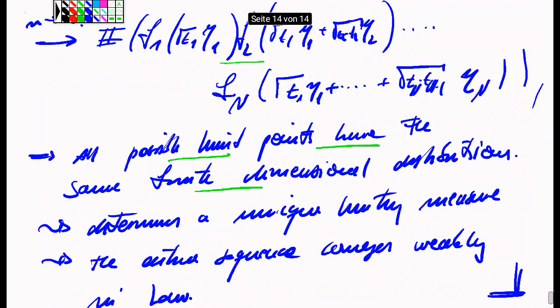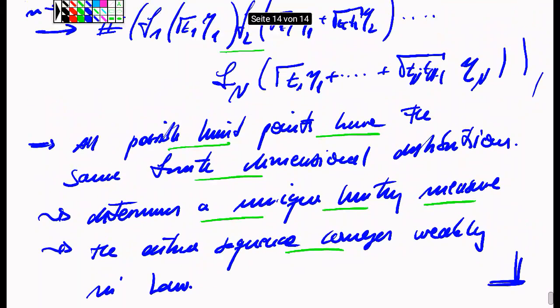So these finite dimensional distributions determine a unique probability measure. The measure exists as a limit of these probability measures. So therefore we have a unique limit point for all possible subsequential limits, and therefore the whole sequence converges to this law or this probability measure, which has then the right finite